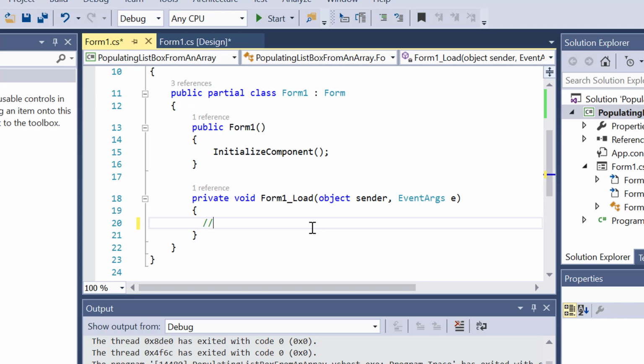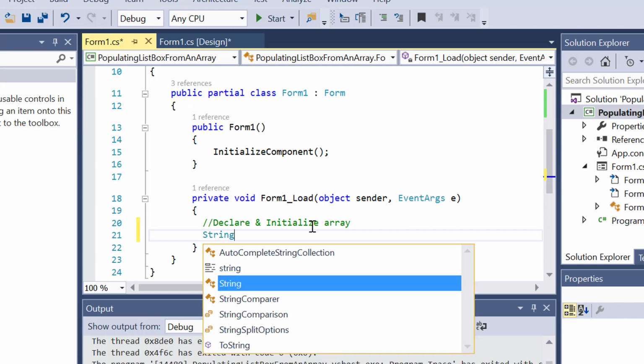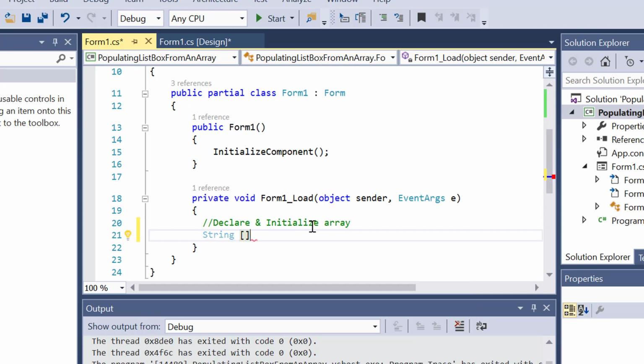So let's first write a comment that we first want to declare and initialize our array. How do we do that? Since it is a list of items, it's characters, so it's a string array which will have some number of items in it. So first we initialize it as a string, and to initialize it as an array we just have to add these brackets. So the name of our array would be shopping items,